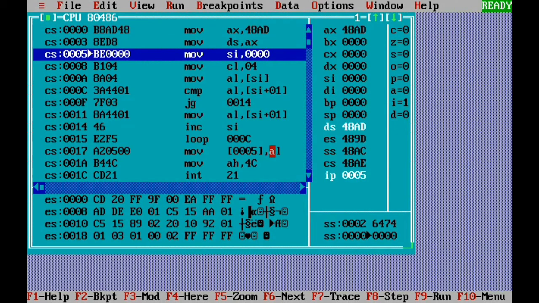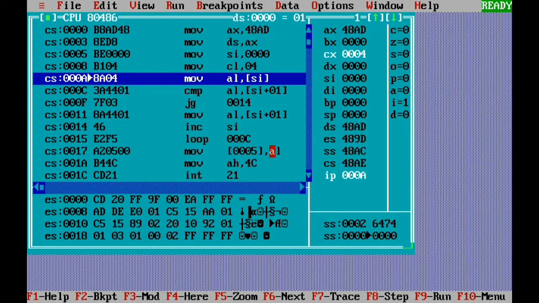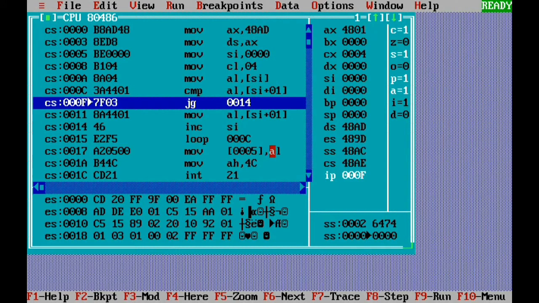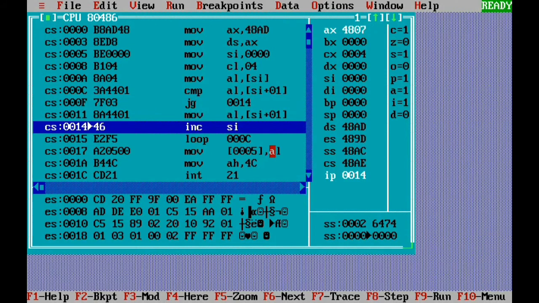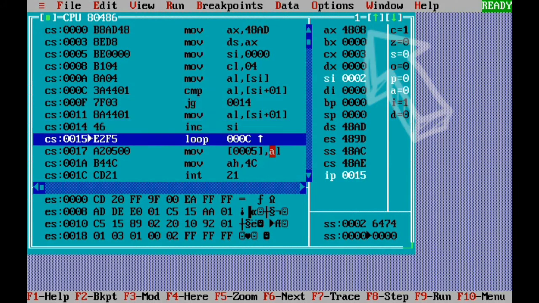This performs the data segment initialization. SI is pointed to the array and CL will get length minus 1, that means 5 minus 1, that is 4. Get the first element into AL. So now 01 is taken into AL. Compare AL with SI plus 1. Jump if greater to next, otherwise copy that element into AL. So 1 is compared with 7 and 7 is a larger value than 1, so AL will get the 7. Here we can see that 7, so we'll keep on doing that.